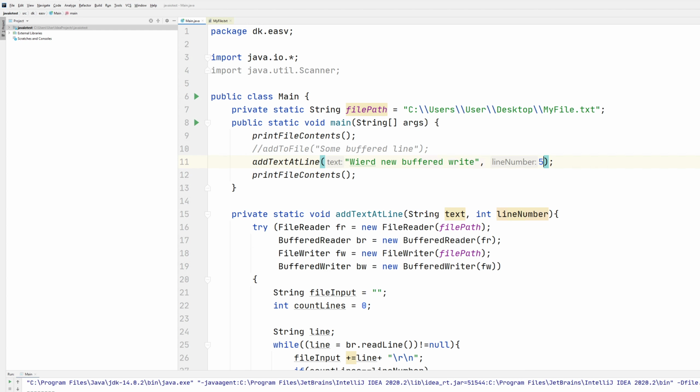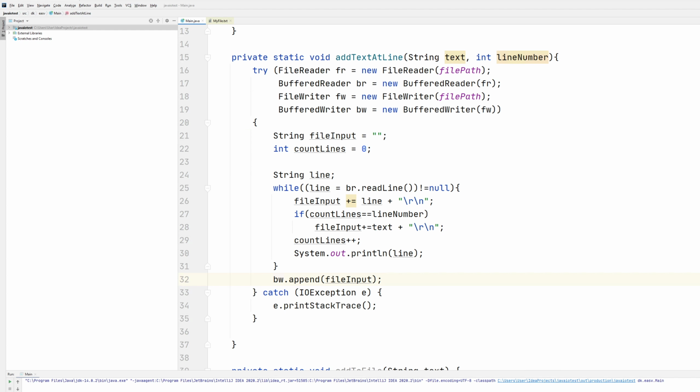And it doesn't really look like it worked, because the weird new buffered write should be there. So we have some problem. Let's look into that. So what's really going on here? One of the weird things is that